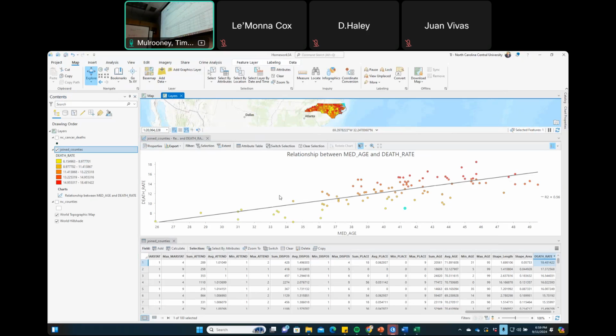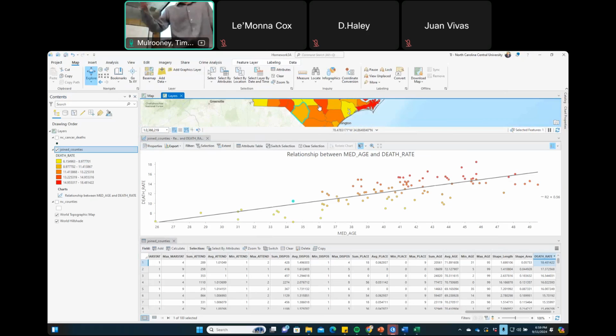Because we've got some here that are above the line. What county is this over here? This county is above the line. It's young, but its death rate is higher than what you would expect. Robeson County, what's going on in Robeson County? Urban, rural, healthy, good things, bad things going on there?